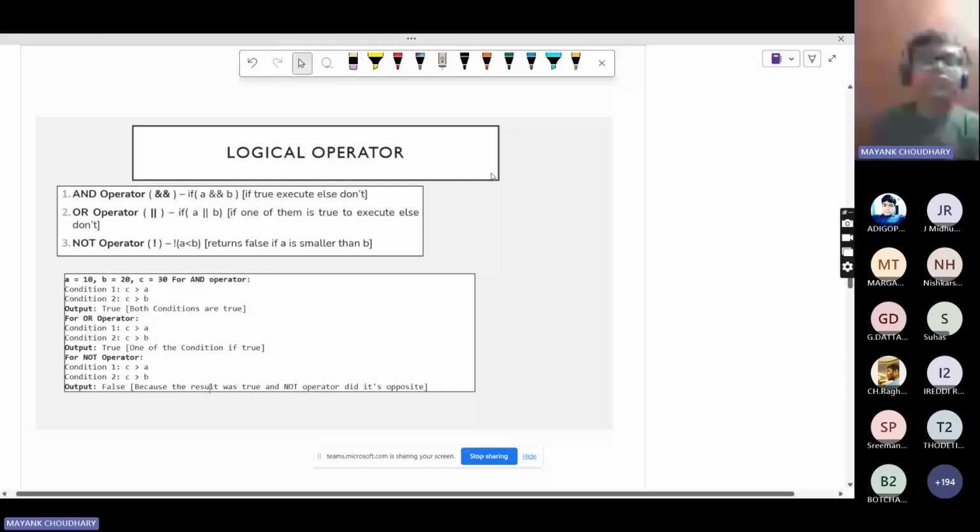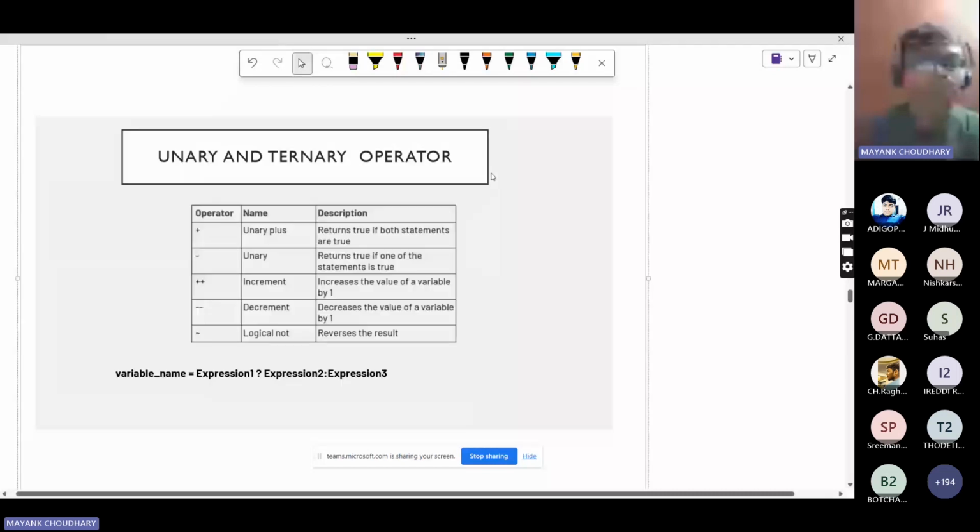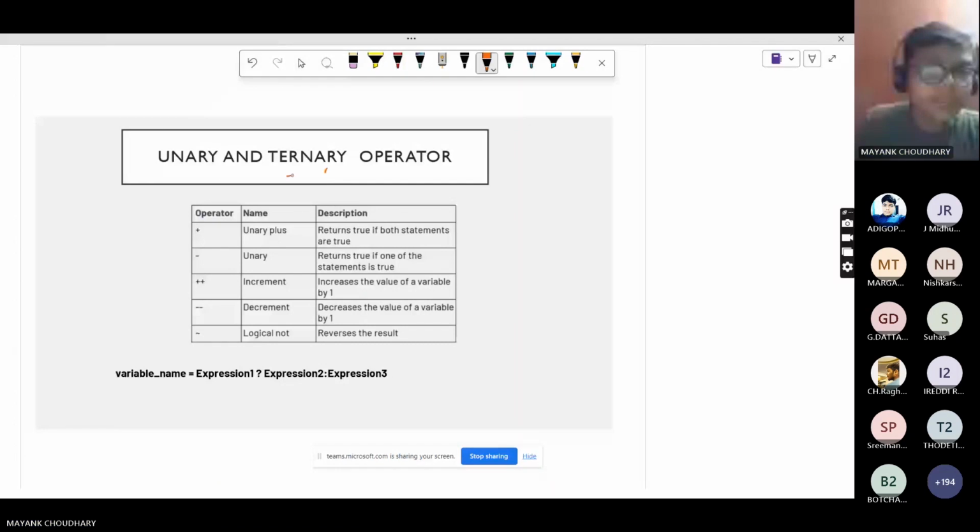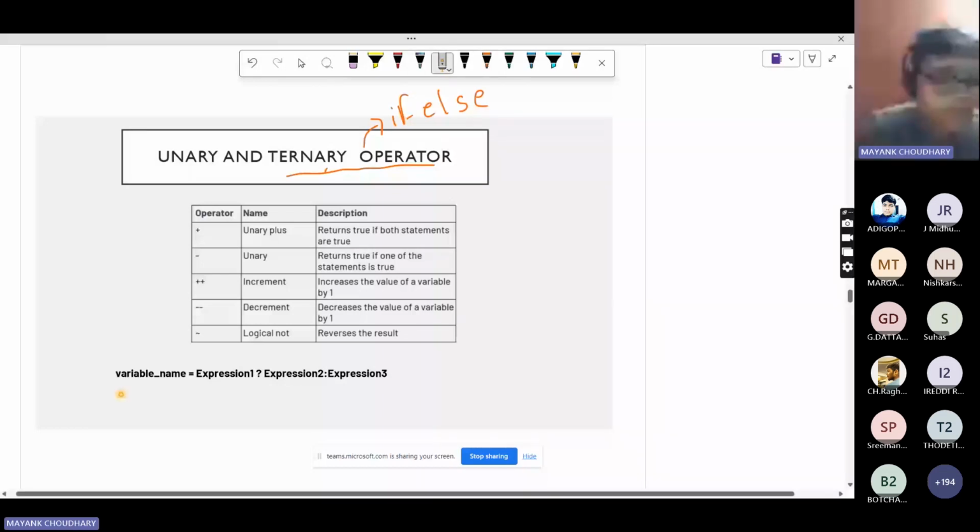Next thing which we have is unary and ternary operators. Now, the ternary operator is just a substitute for if else, it is if else only. For the ternary operator, you just need to remember this: variable_name equals to expression 1 question mark expression 2 colon expression 3. So a simple example, if we take, we can write a